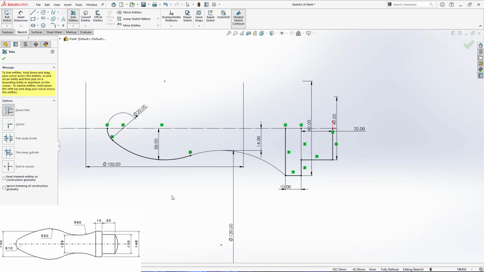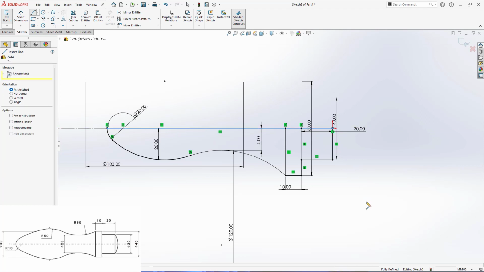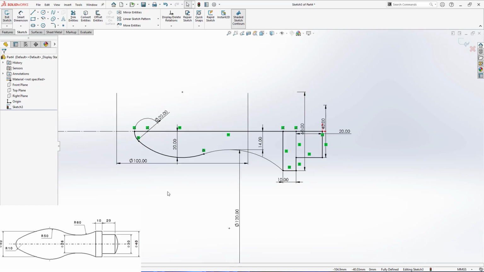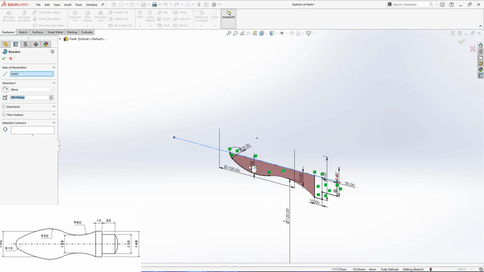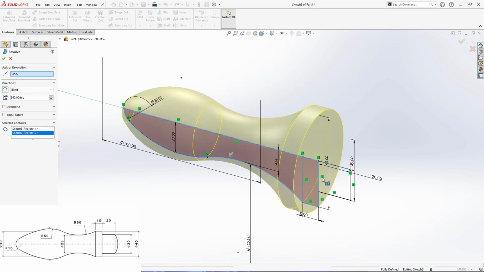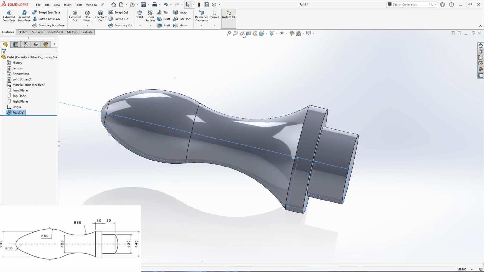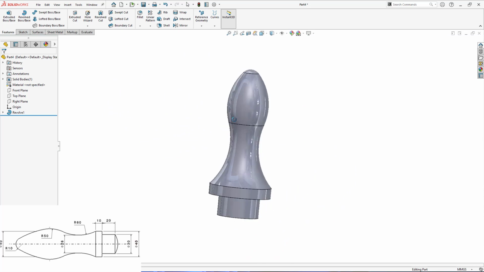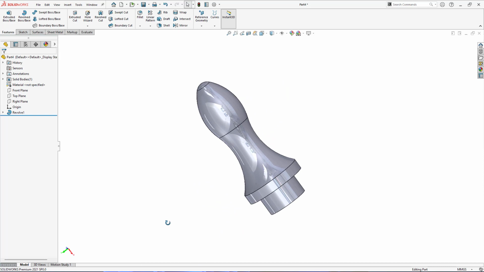If you want to close the sketch, you can, or else open sketch is also fine to revolve it. Well, now my sketch is ready with fully defined constraint. If you would like to revolve it, you can just choose it from here, and you could see these are the areas which I would like to revolve, and this is the representation of the same. You can simply green check, and this is how it looks like. Well, so